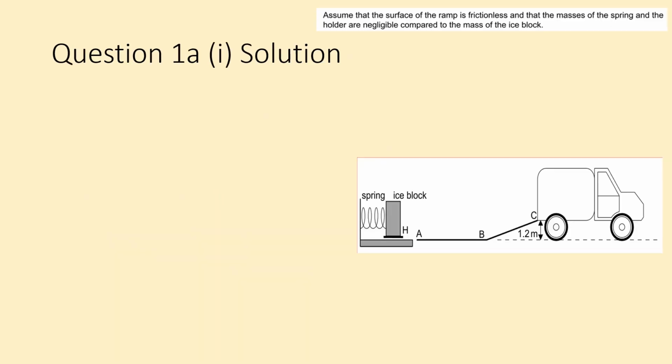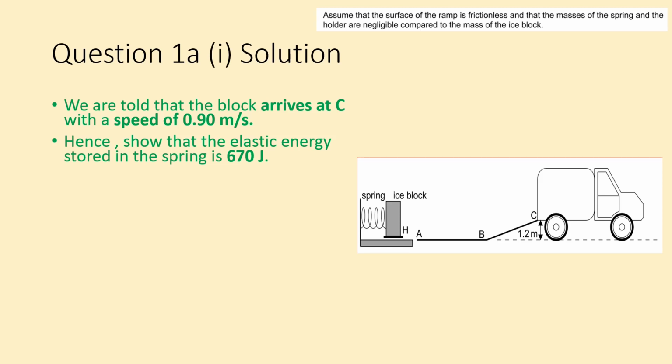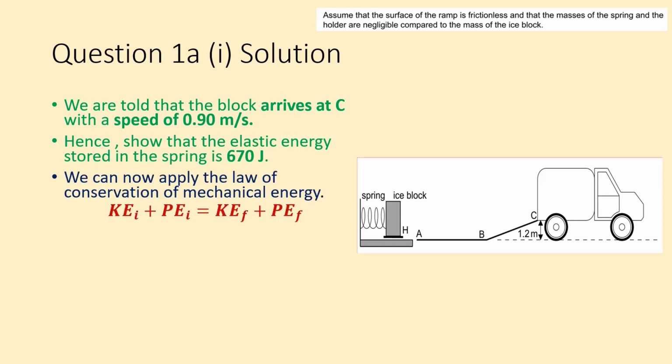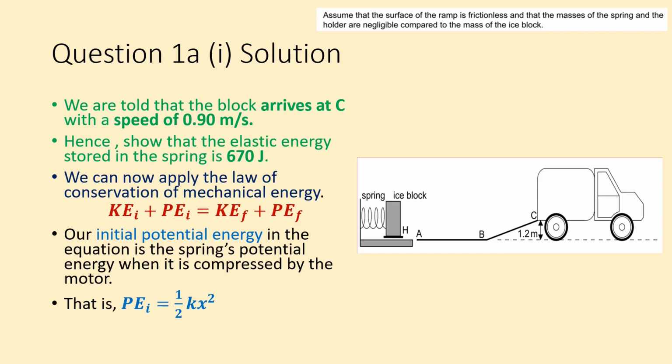Okay, so now let's apply those concepts that we've just established to solve our problem. Again, we're told that the block arrives at C with a speed of 0.90 meters per second, and then we are asked to prove that the elastic energy stored in the spring is 670 joules. So we know that we're going to apply the law of conservation of mechanical energy. Specifically, the spring's potential energy we can define as our initial potential energy. You can see in our law of conservation of mechanical energy, we have an initial kinetic energy and an